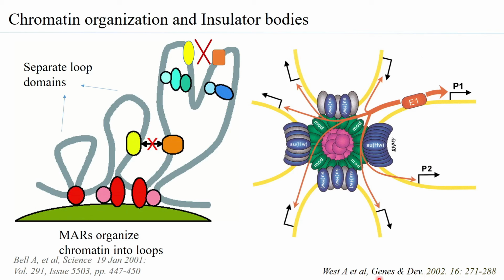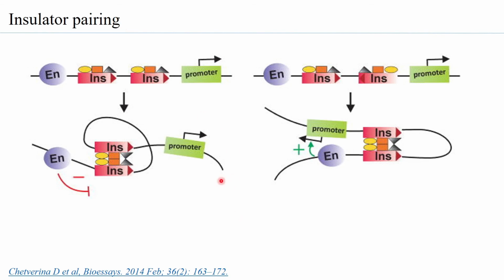So you can say that the insulator body is again able to influence what is called position dependent enhancer blocking, and also decide the polarity of the enhancer activity. So this is again an interesting phenomenon that has been observed. Another interesting concept is that of insulator pairing. So what has been observed is, when you have insulators, say, present between an enhancer and a promoter,